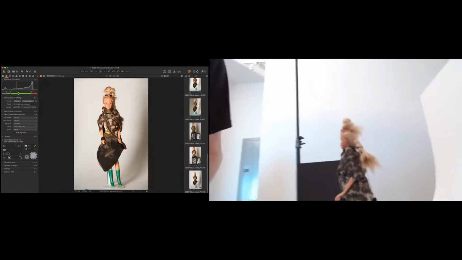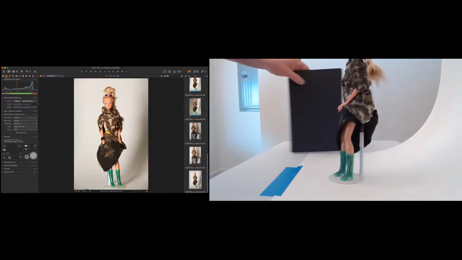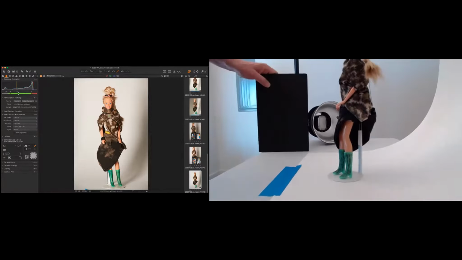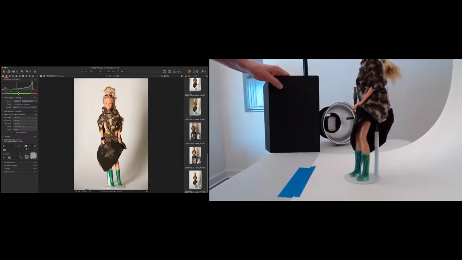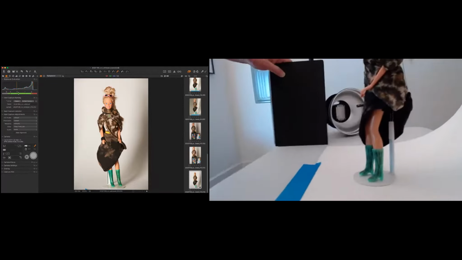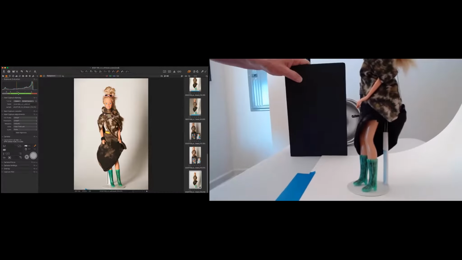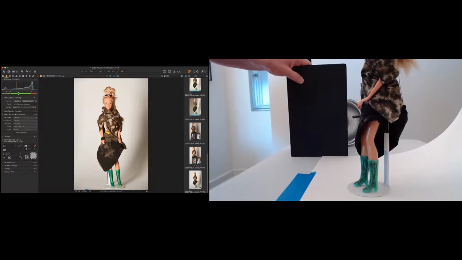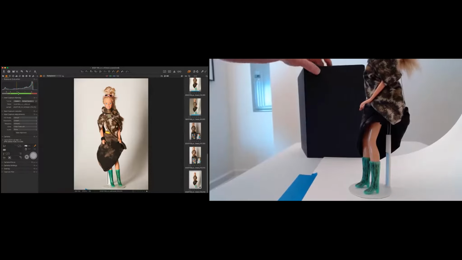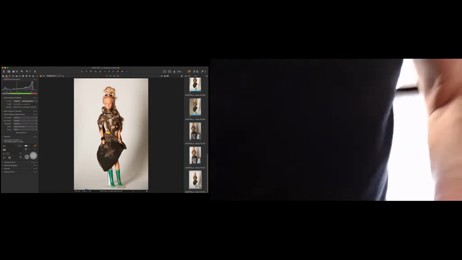So this is Carol to the side. And you can see if I pull this out, she's actually going to be drilled by that light. So let me pull this back a little bit. No, let's keep it back like that. So what I do is I take this card, I actually stand where I know Carol's going to be, and I look at that light, and I just start to push this card in just to the point where I see that light disappear, and this card is now set. And then I do the same exact thing on the other side.